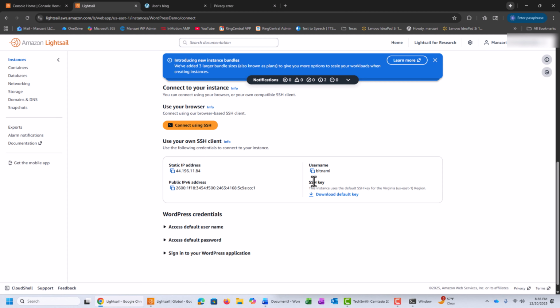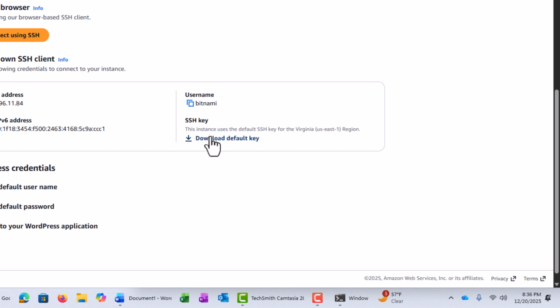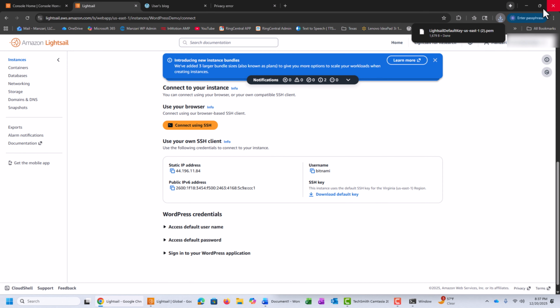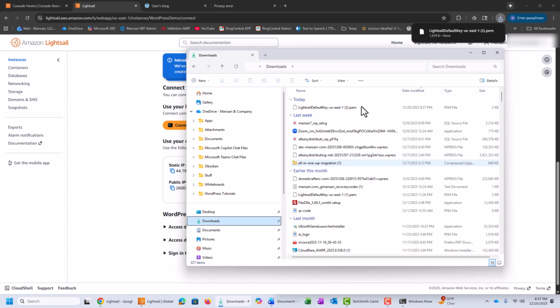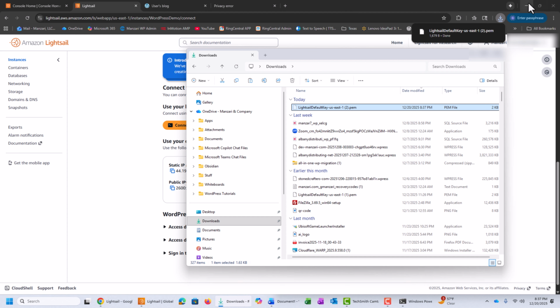If you look here in Lightsail, you'll see an option to download default key. Click on that, and it's going to download it to your downloads folder. If you go to your downloads folder, you see right here Lightsail default key. What I'm going to do is copy this, or rather cut this key, and put